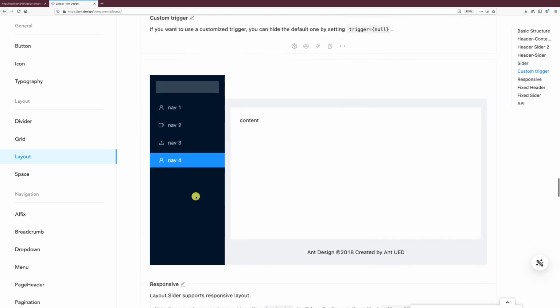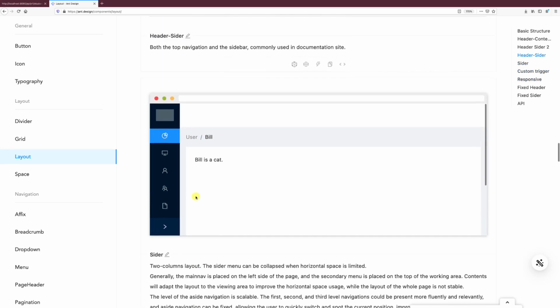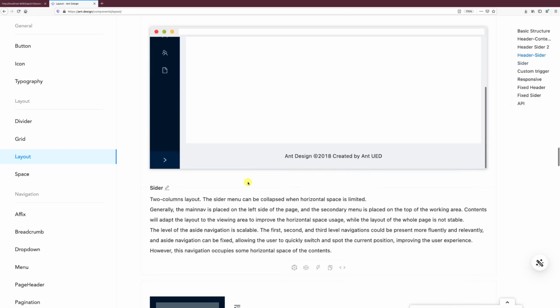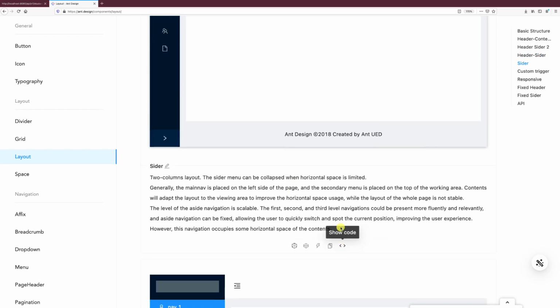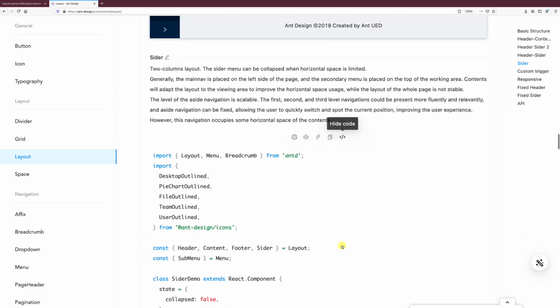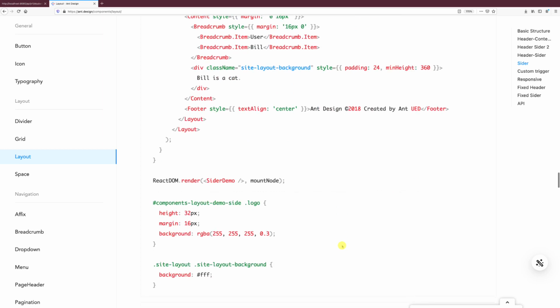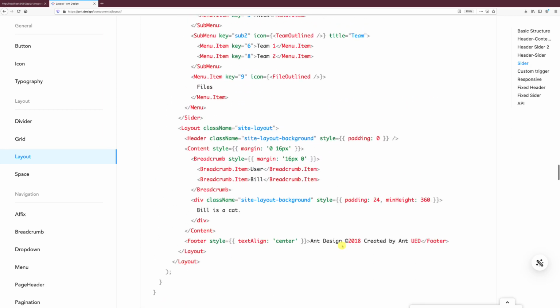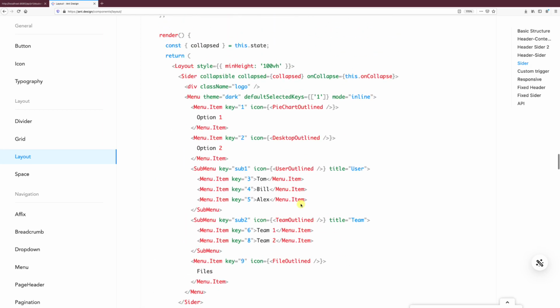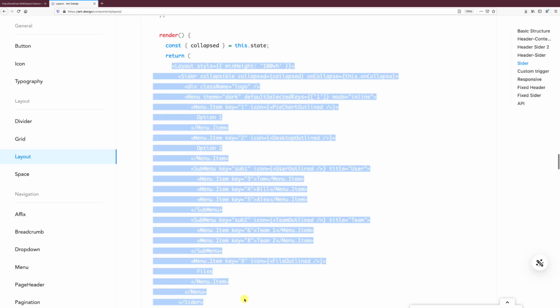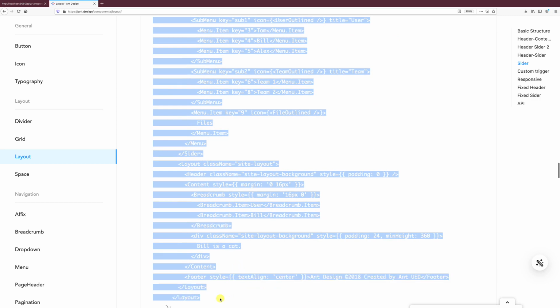So let's actually go and use, for example, this one here, right? In here, we have the example, so show code. And what we're going to do is just steal some code. We're just going to take all of this and give it a go. So let's go ahead and grab all of this. So the actual layout, right here, grab all of that. And I'm also going to leave this in the description of this video so you can just copy and paste